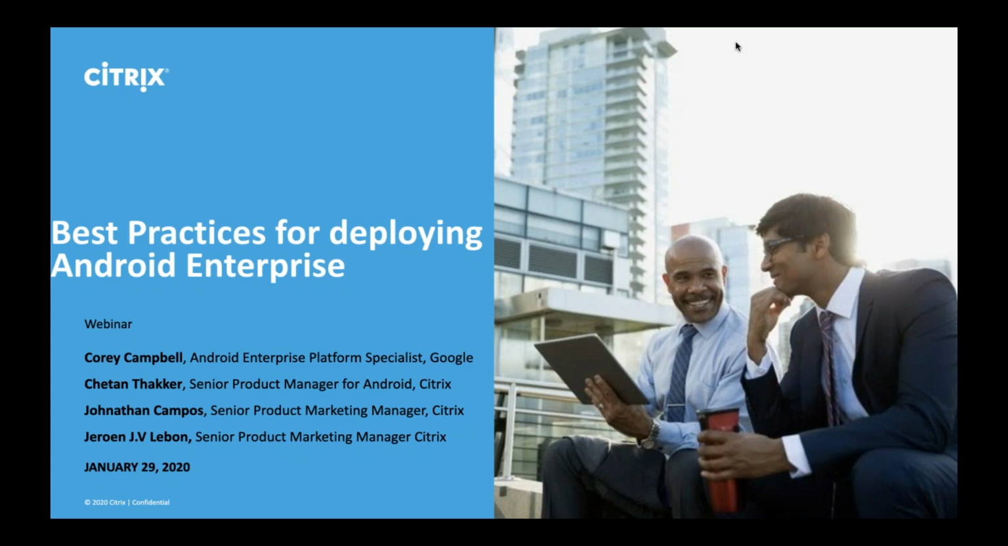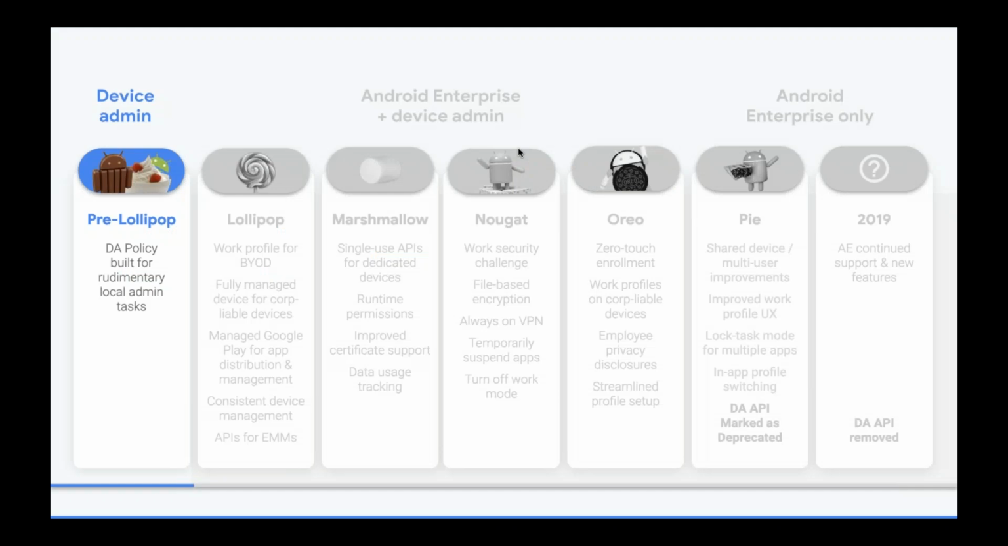Thank you. So hello, everyone. Thanks again for joining. As mentioned, today we want to talk about best practices for deploying the modern Android management stack, which we call Android Enterprise. I think to start out, I'd like to start with a bit of history and talk about why we've made some of the decisions that we have made to move to this modern stack with Android